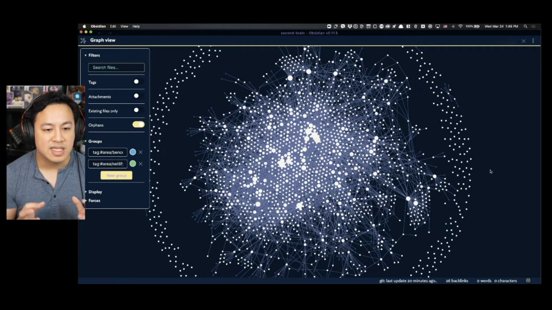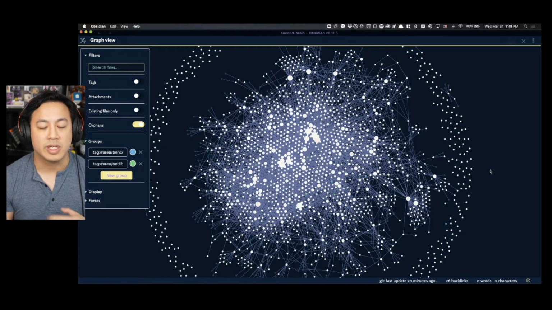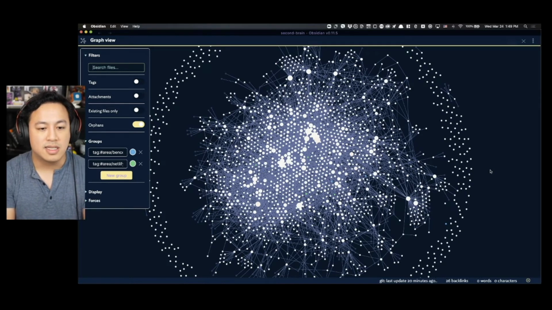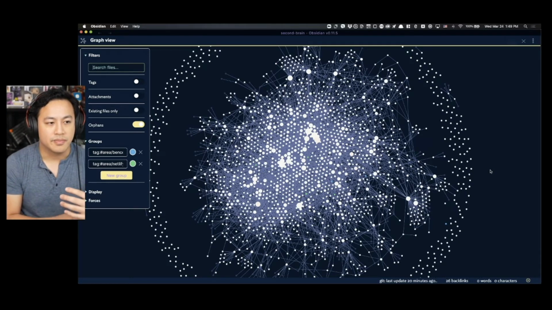Because we have this idea of, just in case I need it, we keep hoarding everything. But what we forget is that most of the time what we need is what a friend of mine called just-in-time information, which is, when you need it, you'll get it and you'll make it useful. And so what's nice about this sort of modular way of taking notes is that over